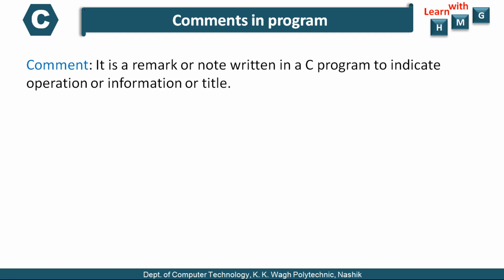You can indicate the operation in terms of formats. For example, here the syntax is like this: these are the red color symbols you have to use. Initially this is /*, and at the end */, and in between you can type your comment line. Any characters you can write will be accepted as simple text, and this comment will be skipped by the compiler. The C compiler will not read your comment if it is included within /* and */. Be careful to use /, not \.